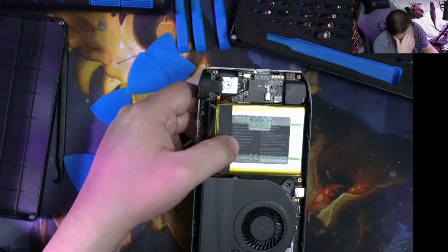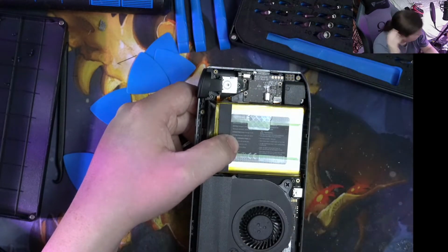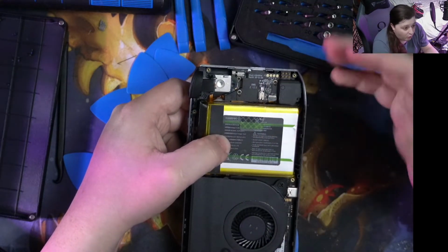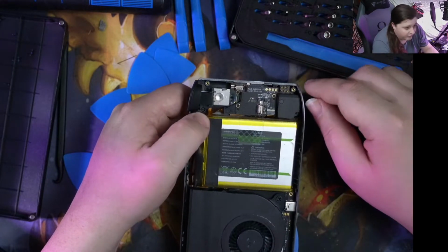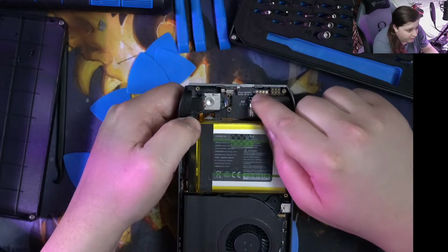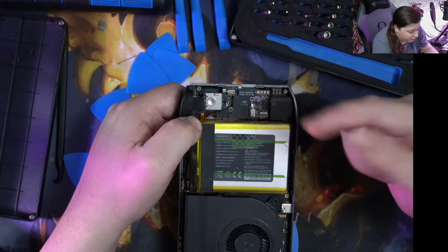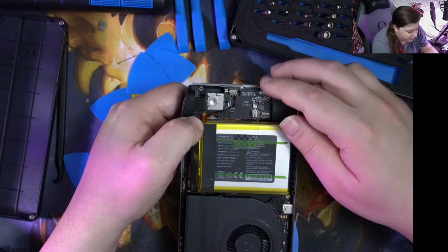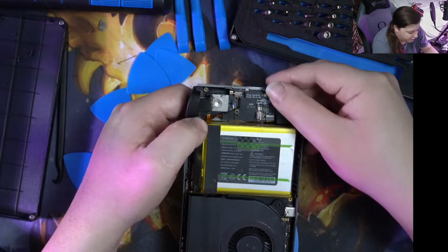Come on, GPD Win. Come on. I know it's easier for you guys to install this at some point, but holy crap. I thought I had to undo everything. So these 4 pins right here, you need to unscrew everything, click them a little, and then go in, and then just let them do their job, because...